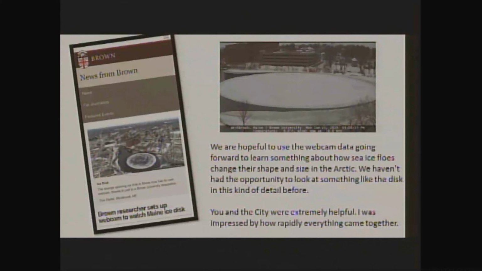Brown University, so I got hundreds of emails. Brown University stuck out to me, and I was like, I got to get back to that one. I want to make sure that happens. And I reached out to them, and they wanted to study the ice disc. So he's like, is there a way to put a webcam there? And I had wanted to do a webcam back in 2014, so I had that guy's